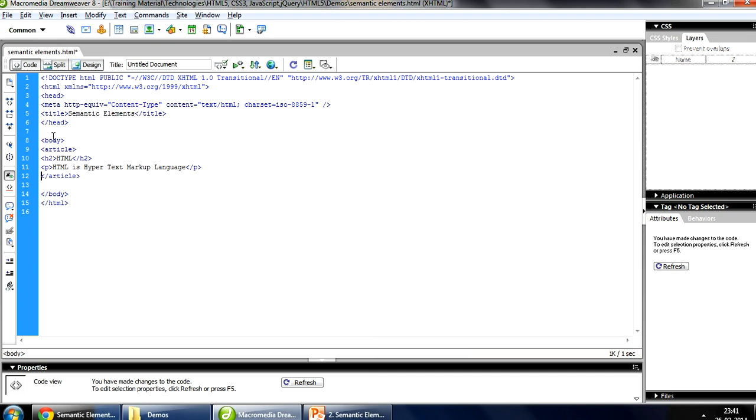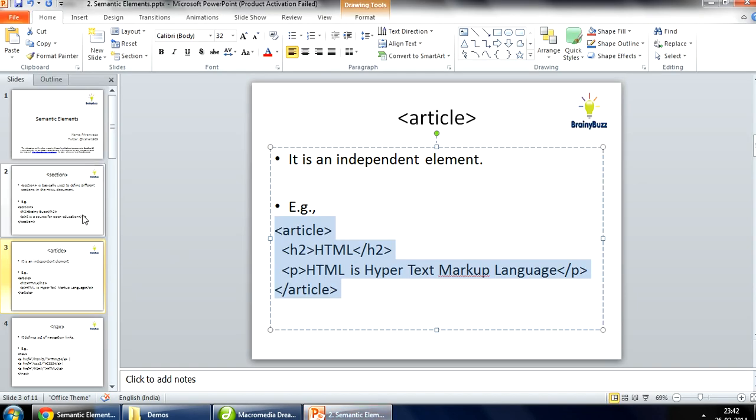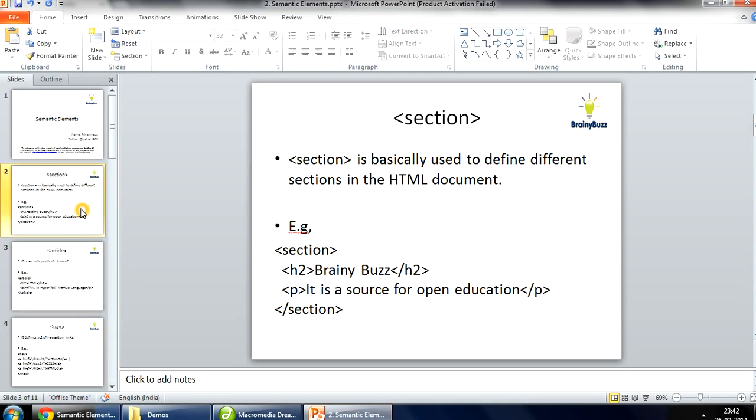Within the article starting and closing brackets, you can write the heading tag and after that the paragraph tag, and you can save it, refresh it. So you can see that this is a paragraph and this is a heading over here. There is not that much difference in the UI part, but in their meaning there is a difference. Or if you view source of your document, then it will make a difference.